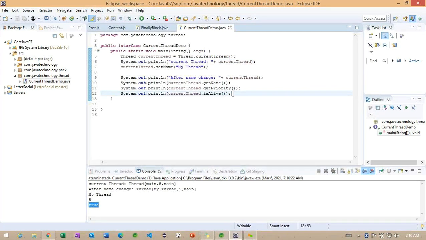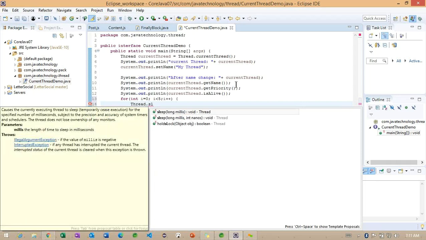Observe how exactly we are working here. We have one more method here, with i plus plus and Thread dot sleep.